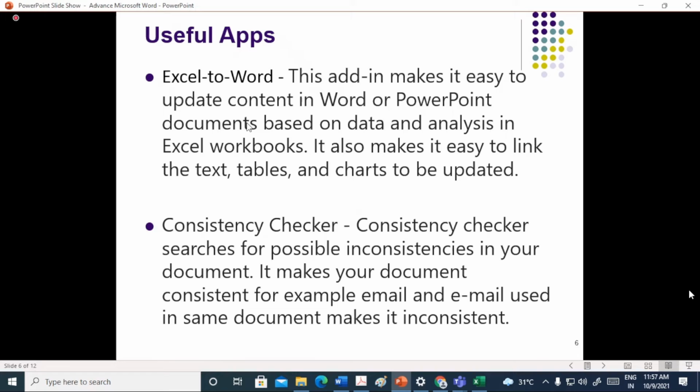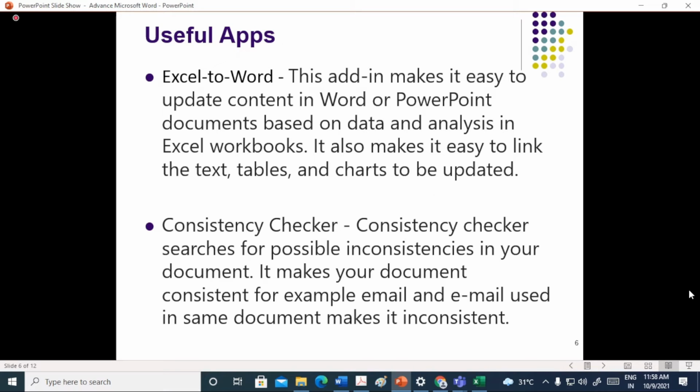The next important one is Excel to Word. Now this is a very important app. Earlier I showed you the paste special feature that shows how to insert the Excel applications or Excel object into the Word. And ultimately it changes the value. Now Excel to Word is an extension of this, and it also provides a link between the applications. So how to do this?